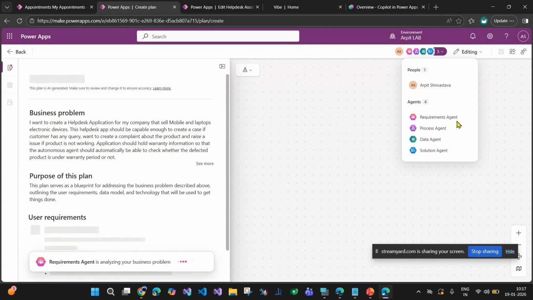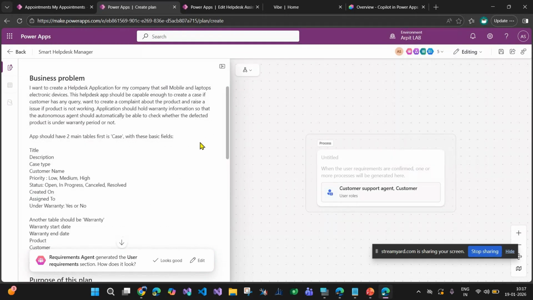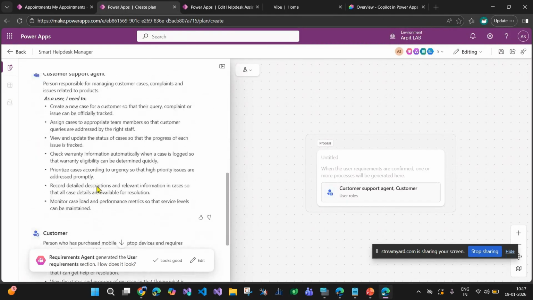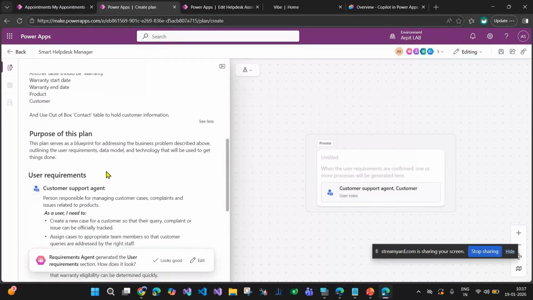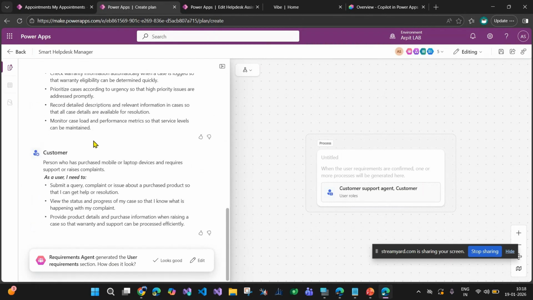The first one is the requirement agent, which understands what exactly your requirement is, what exactly the business idea is, and based on that, it creates a more detailed version of your user requirements. Sometimes you can share this as a document with your customer to get approval on what exactly they want, and you don't need to write this lengthy document yourself. Okay. So you can see the requirement agent generated the user requirements section, and it generated the user requirements and the multiple roles for you,